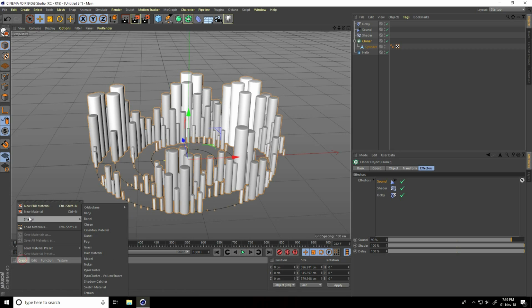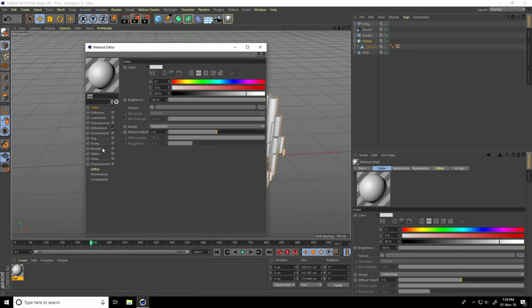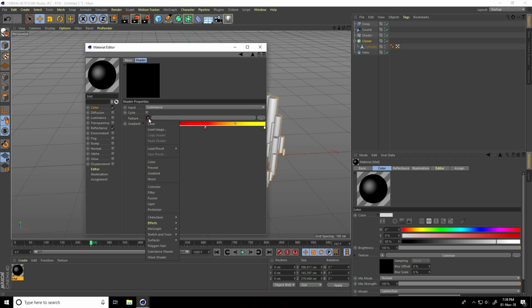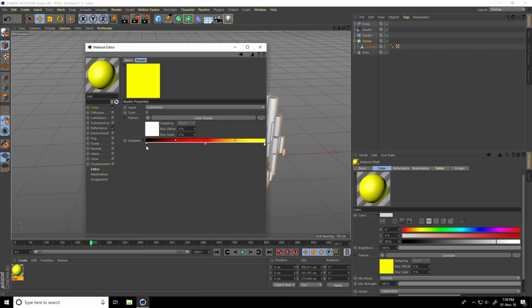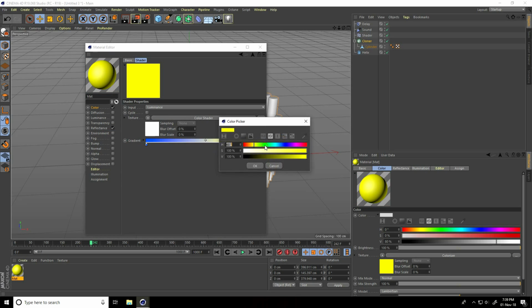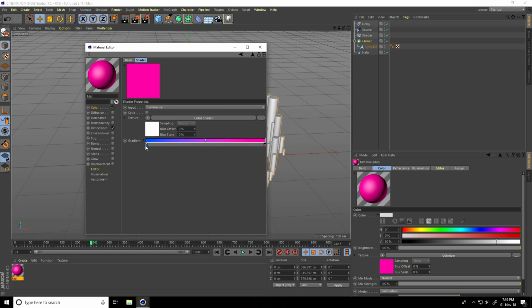Guys, I create a material. So I go on create and new material, open. Guys, go on color and take colorize this one. Click on this black box and texture. Guys, I go on MoGraph and use color shader. Delete this black box, go on here and open the first checker box. Guys, take dark blue color and press OK. Guys, go on second and take pink. Press OK. Yes, great.